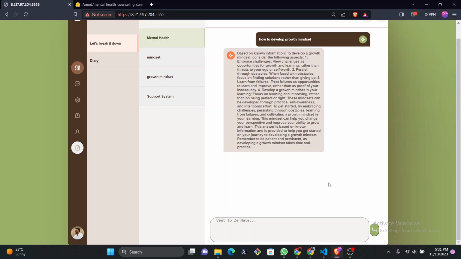And that's our chatbot, which we believe will play a significant role in mitigating the risks and effects of mental health issues on an international scale. And we hope to see you in further iterations and versions of this chatbot.